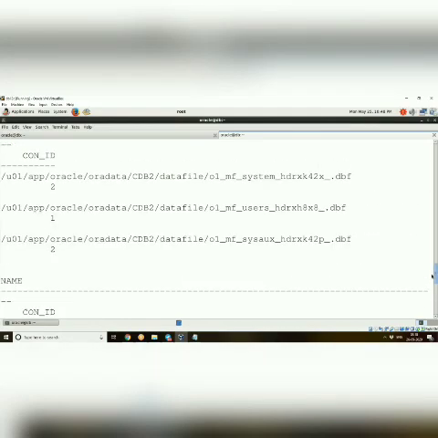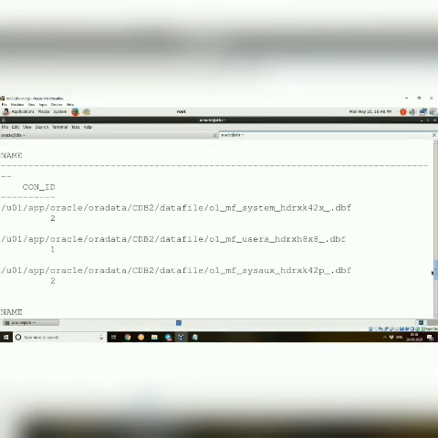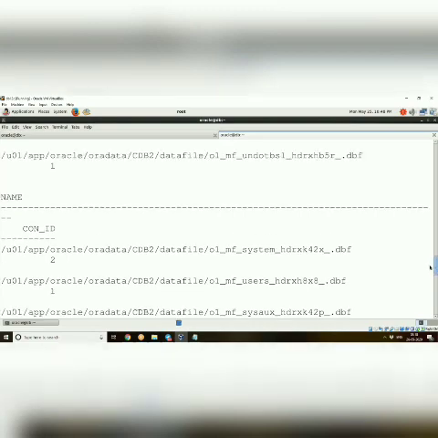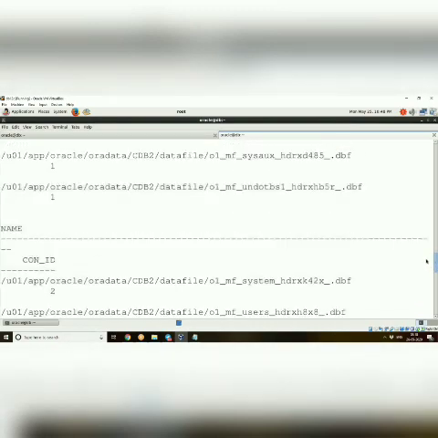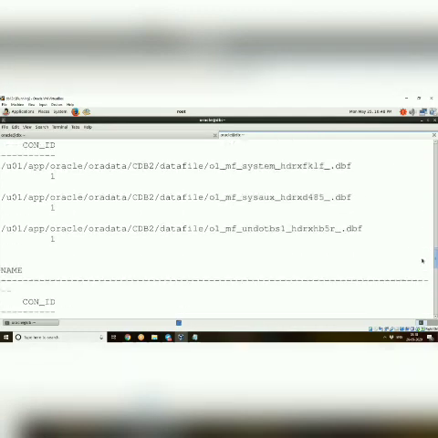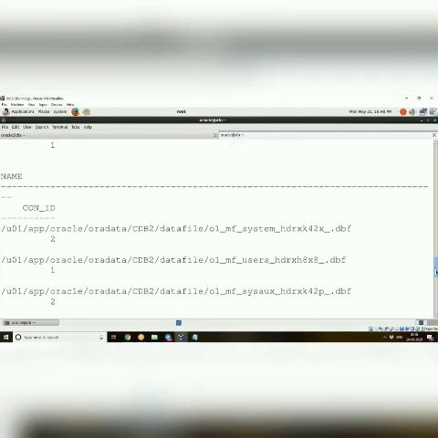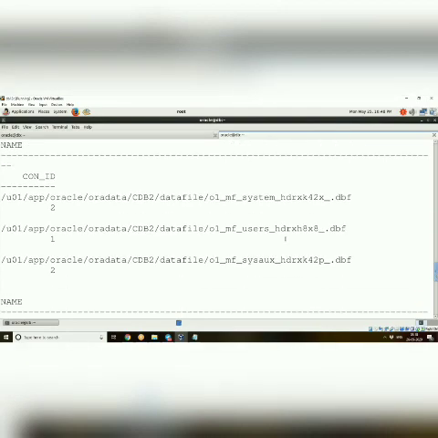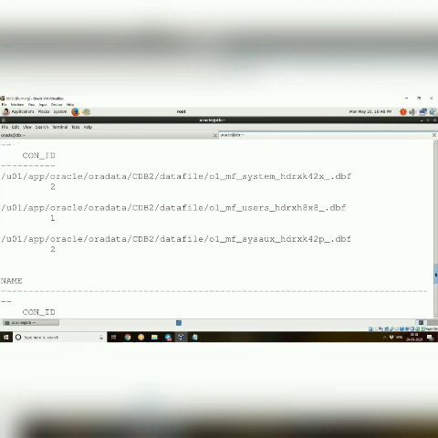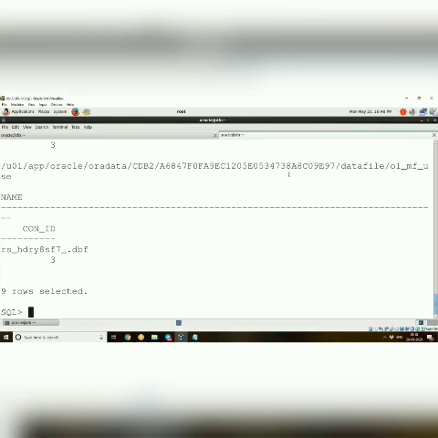For the template database, you have system and sysaux. The other one, your undo, system, sysaux, these are for the root container. If it is showing container ID is 1, it is showing system, sysaux, undo and then users. So system and sysaux for the PDB$SEED. Okay, so the other users, system, sysaux for PDB2, isn't it? Show PDBs as the PDB2.